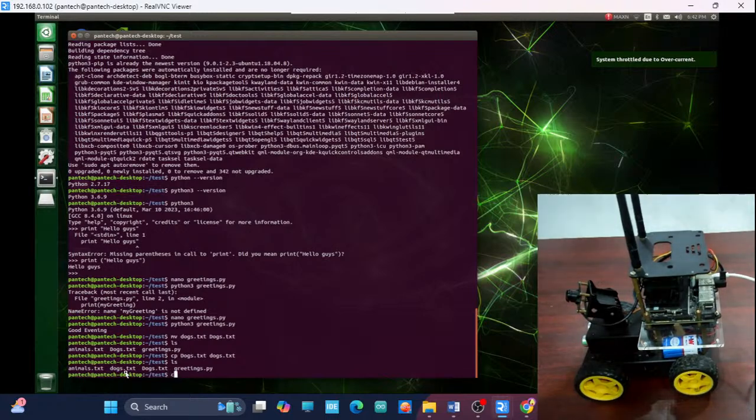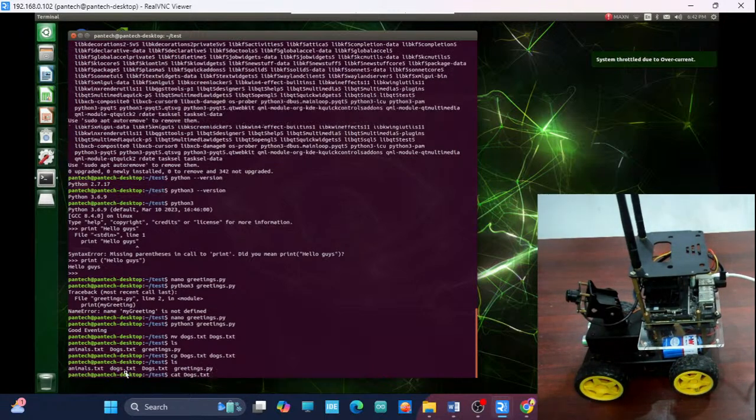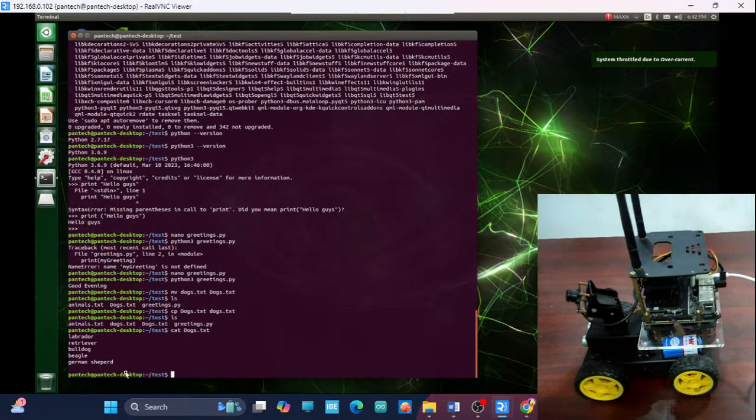So I am going to use cat Docs.txt. If I hit enter, it displays all the content over here. See, the content is also copied inside that particular file. Okay, so this is how you can move a file, you can rename it, you can copy it, something like that. I hope you understand all these things. Okay, okay. So now